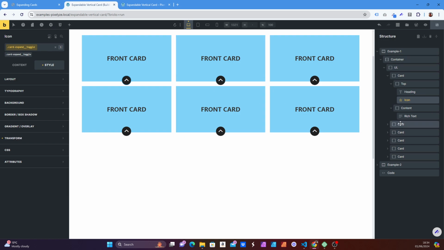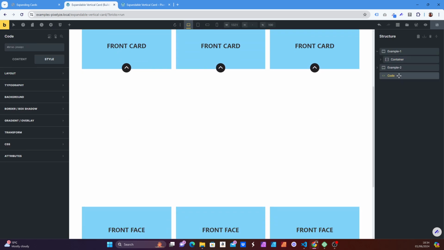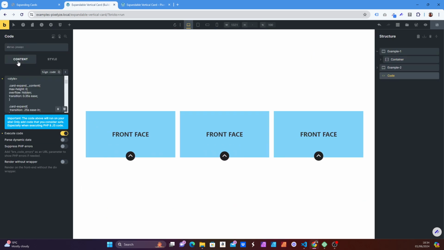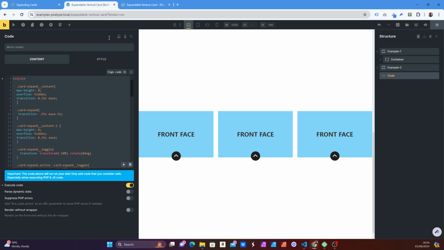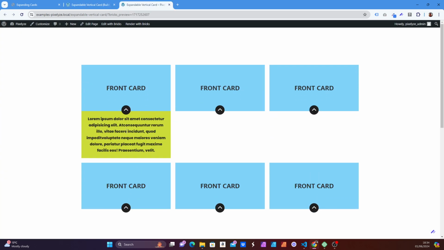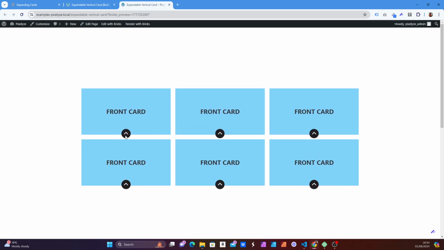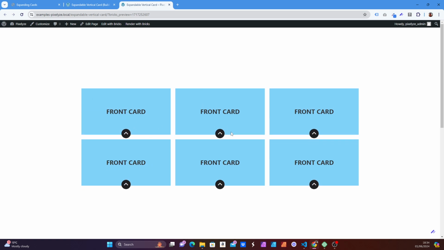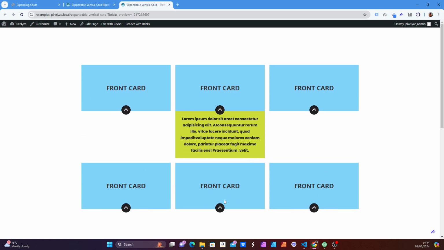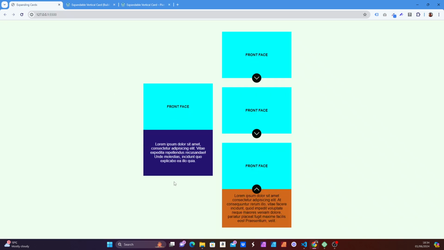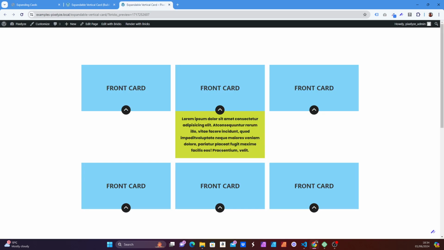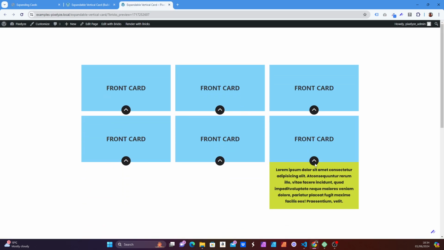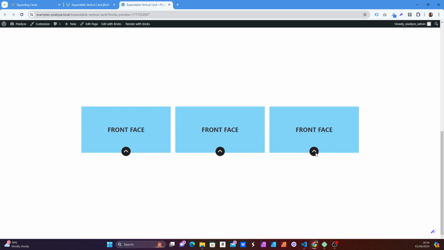The other one is the same structure, I don't need to run through that, but what I need to run through is the code over here, because there are two styles of this. So we have one that's like this. For some reason the icon here doesn't want to rotate, and I need to have a look into this. But this is pretty much what you want to have, not something like we had over here where there's a gap. Okay. The other one is this,